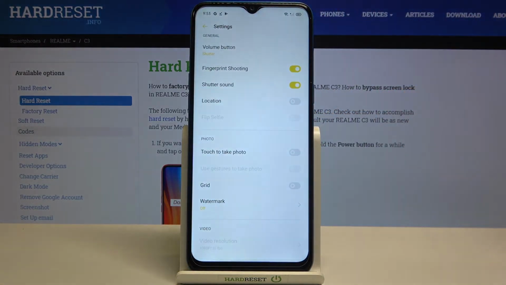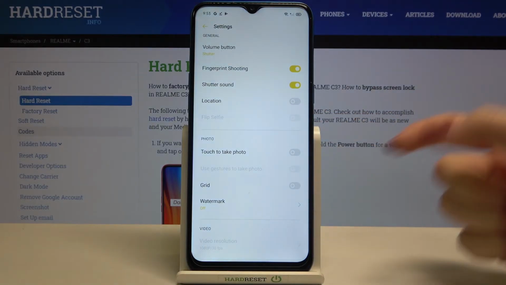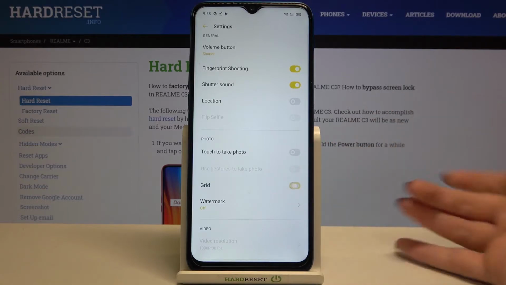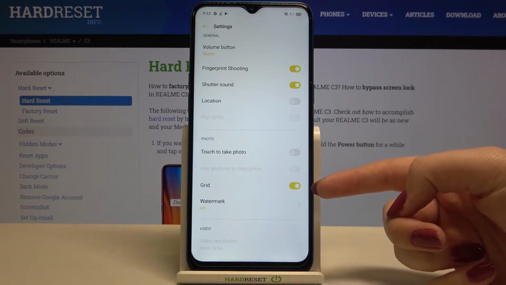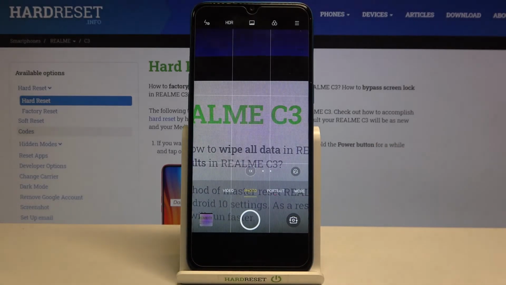Now let's enter the settings again, and as you can see in the photo section we've got the grid line option on the third position, so it is right now turned off. In order to turn it on, just tap on the switcher like here, and since it looks like it, we can go back to the camera and check, and as you can see the grid lines have been immediately applied